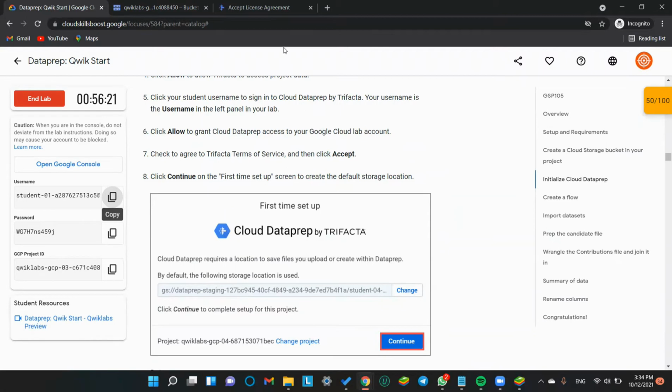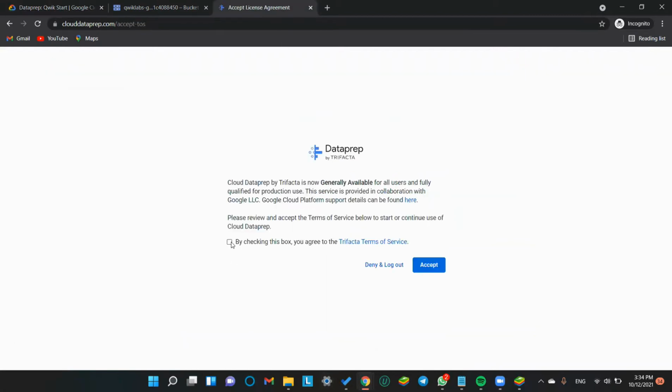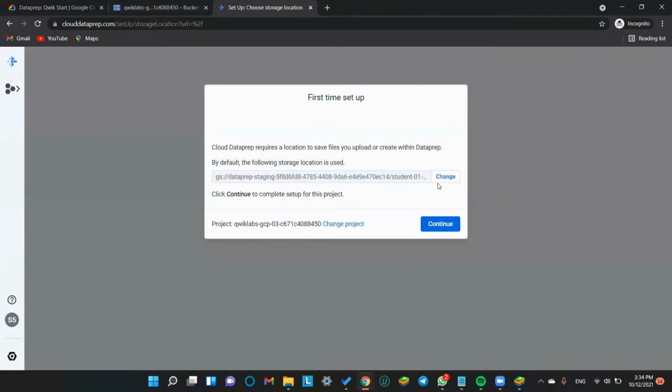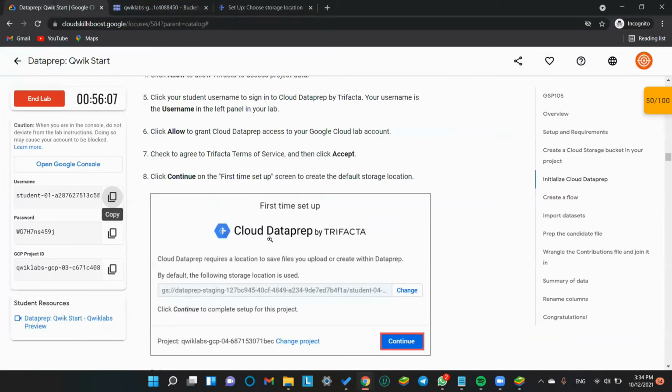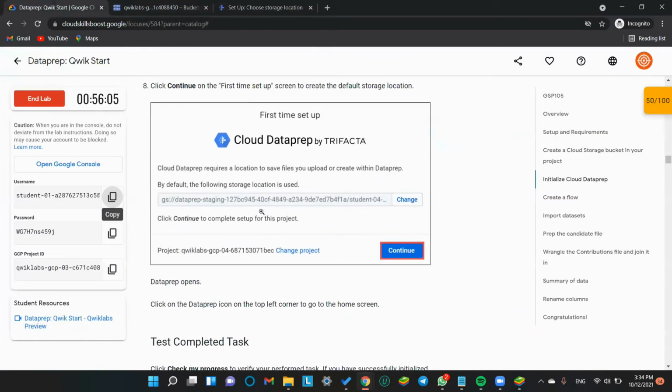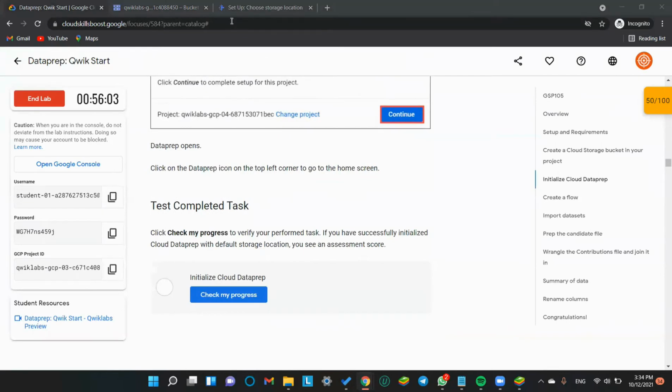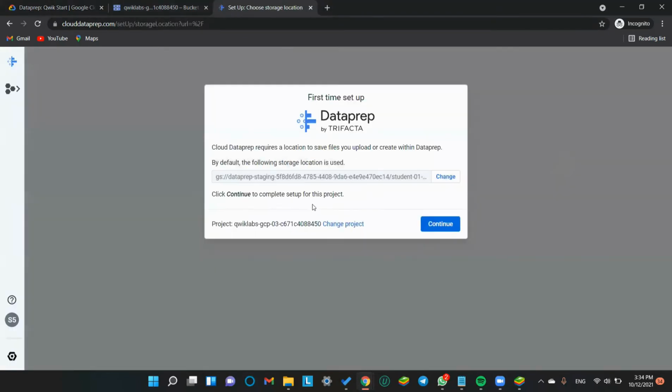First time setup. The default would be continue. This is the default storage location, which is also in the cloud with our username. And here we have successfully created our account with Data Prep.